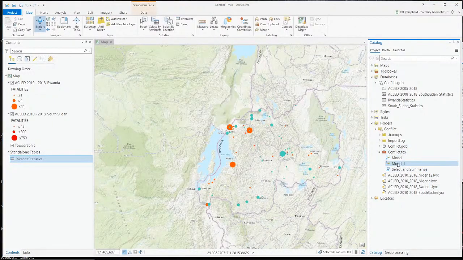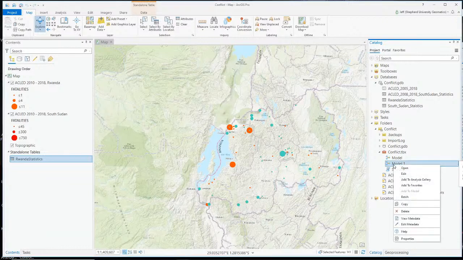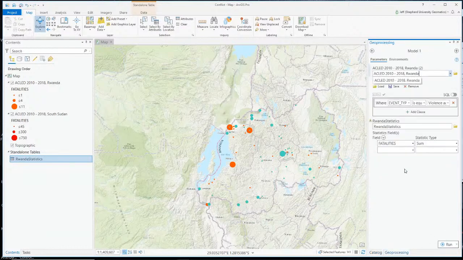So now if I go to my catalog pane, that model is sitting here. I don't want to edit it. If I double click it to open it, or just click open, it should open up and look exactly like a geoprocessing tool with all these parameters. Okay, there we go. So it's got a default that's selected,